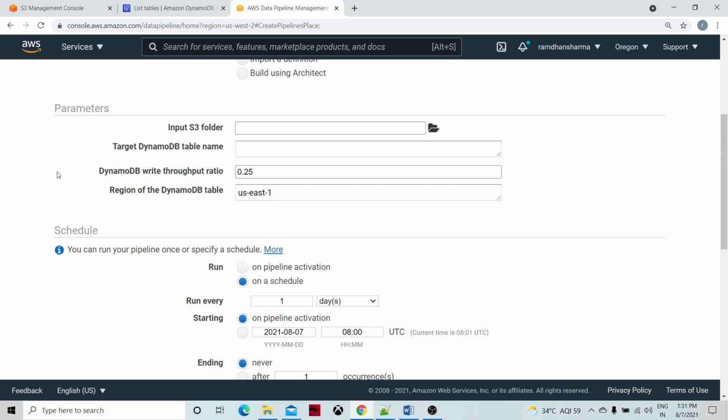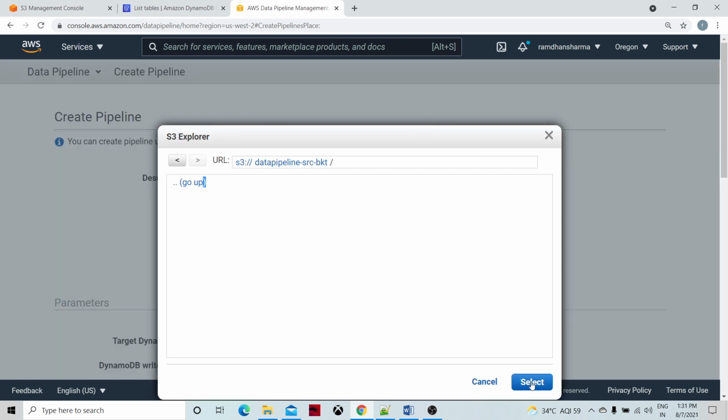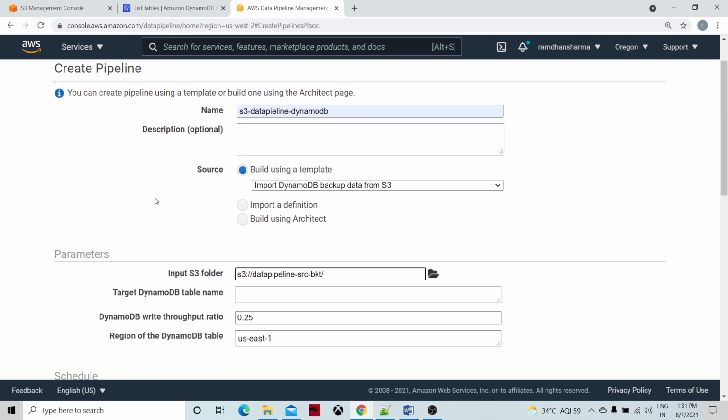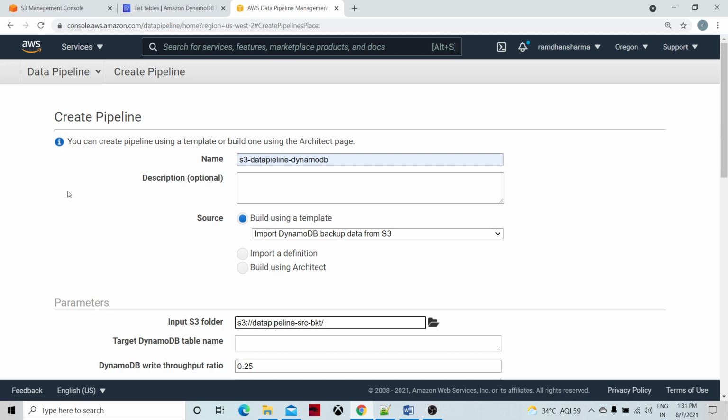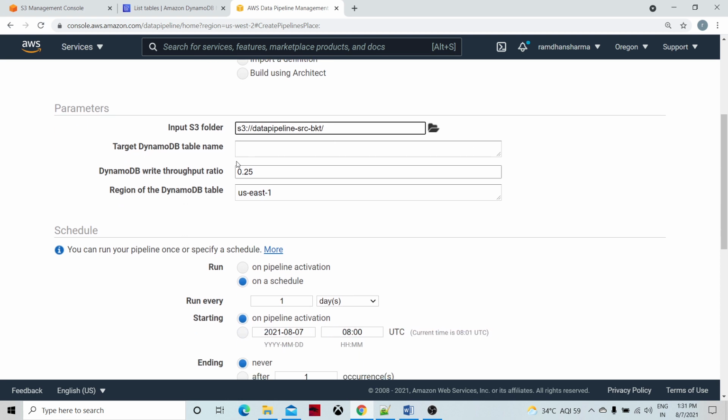Now there is a parameter configuration, so I'm going to take the S3 source bucket, data pipeline DB, sorry, source pipeline, and then I need to give the name of the table.